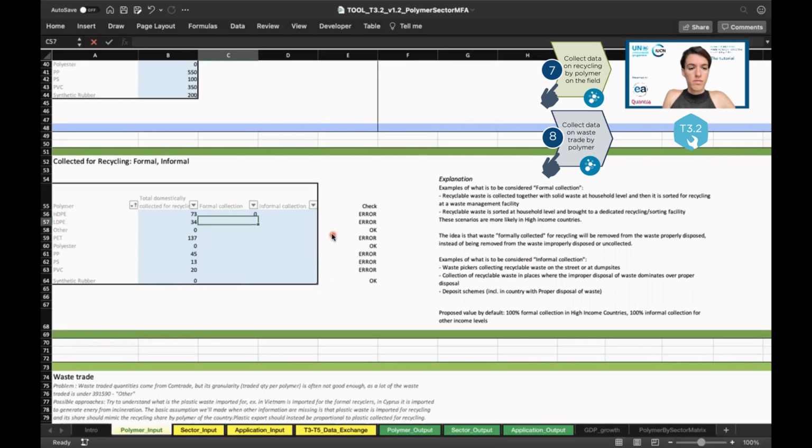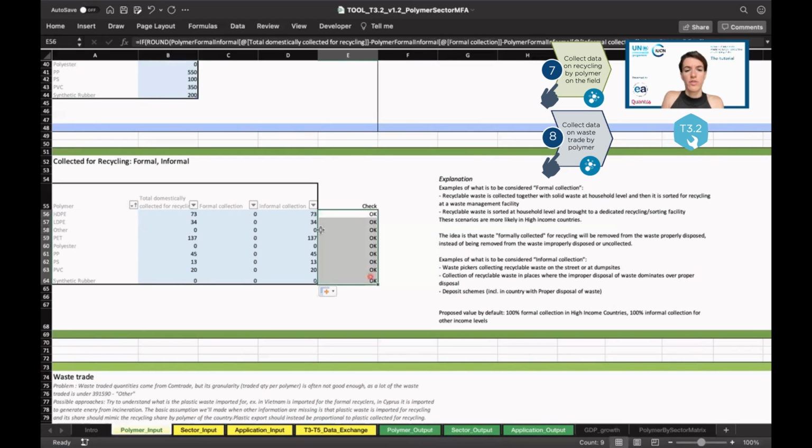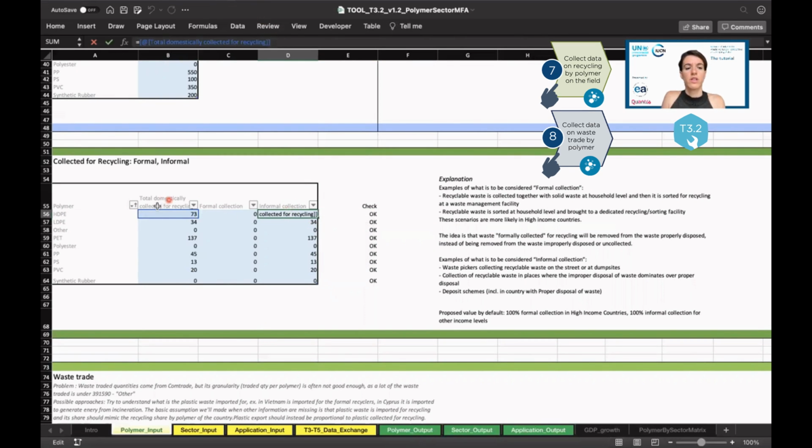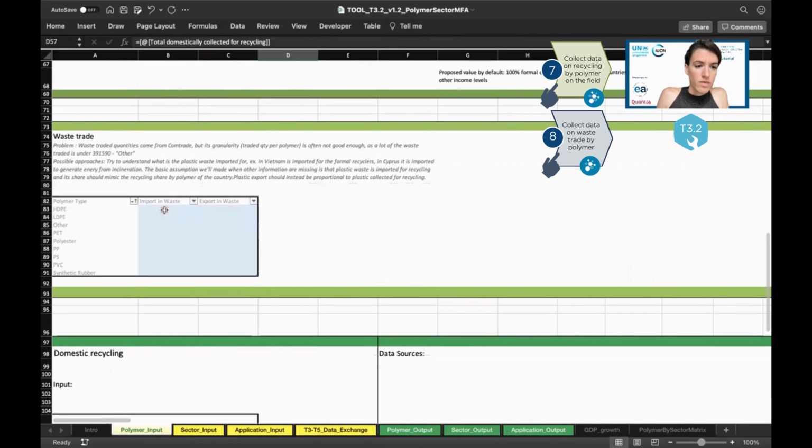So we said that we're going to assume it's all informally collected, because this is the insight that we got from being there and talking to stakeholders. And now you see I get an okay over here because I just put that the informal collection is equal to the total collected for recycling and the formal collection is 0. And now you can scroll down and you see